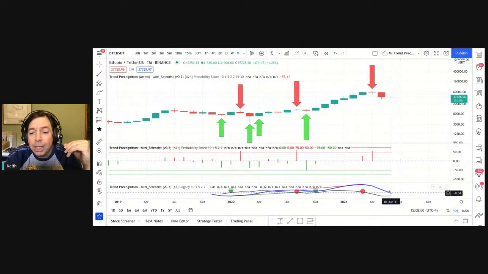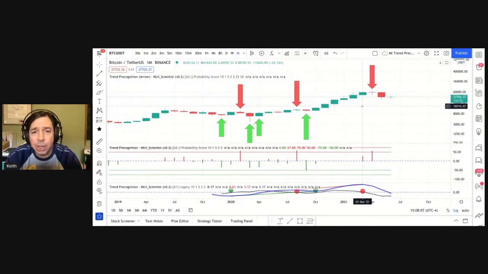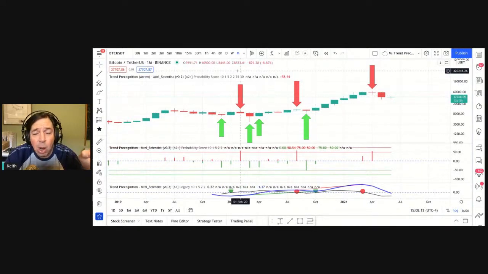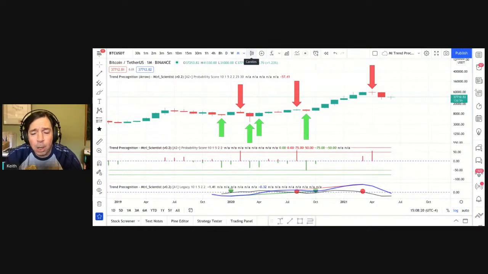Down here, this is the predictive version, and this is set to A1 legacy. Now, we're still on the default settings here. We're looking at a monthly right now, and these default settings are really ideal for longer time frames. So as I was mentioning before, what you couldn't see before is how things are shaping up in this market right now.